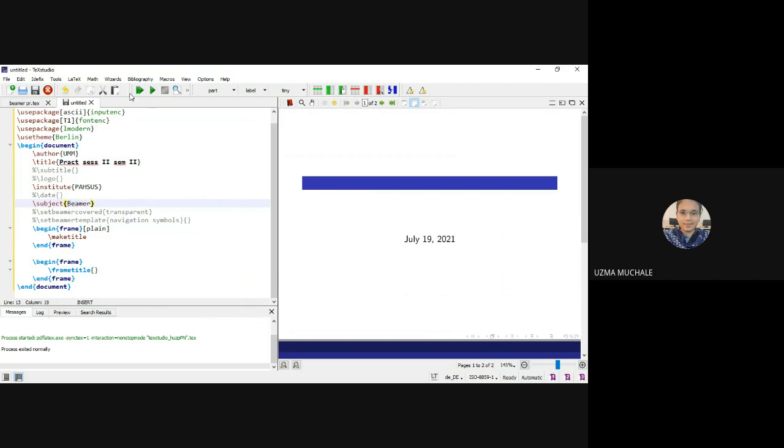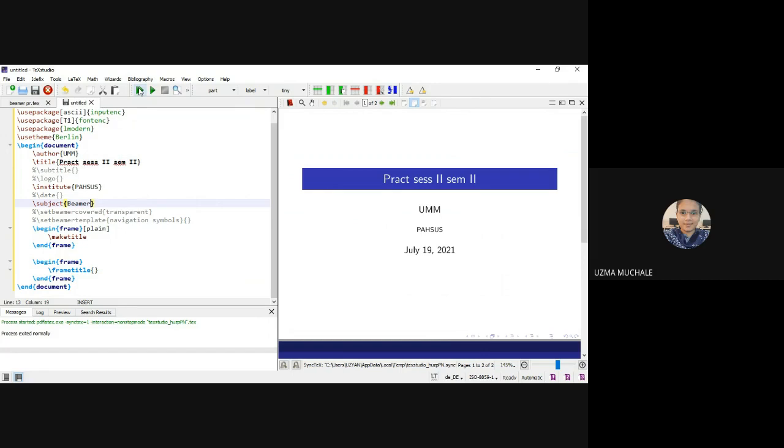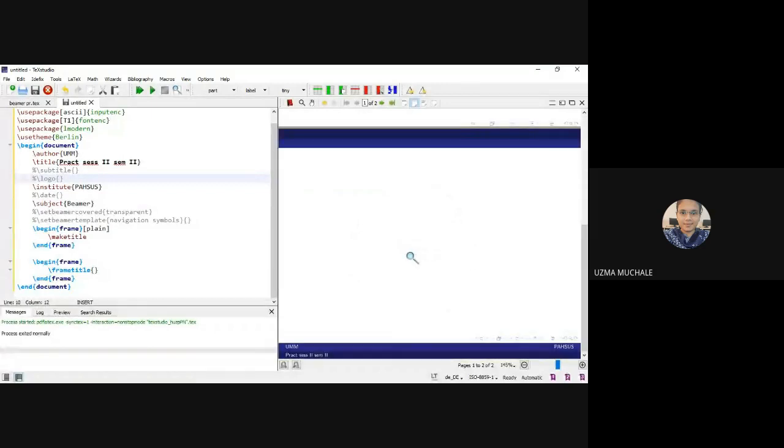Next, if I run this program, we will see the output. It will show you the name of the author, title, institute name, and the subject. So you can see here practical session 2 of the semester 2. The author name is UMM, then the institute is PHSUS, and the date. It is very easy. Just go to wizards and then you can have a quick Beamer. Now, the question is how to do this on